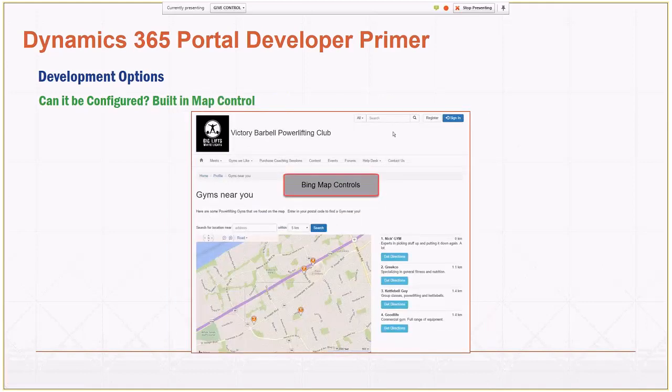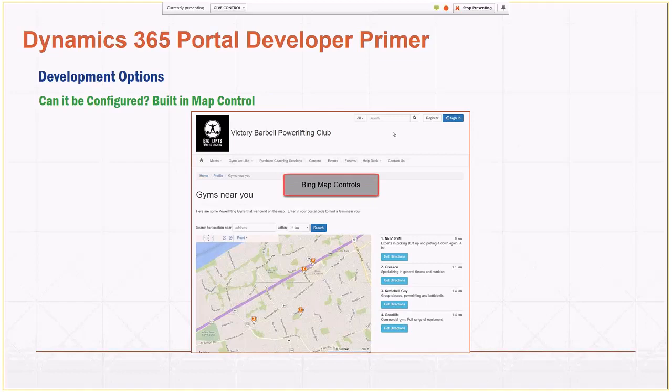That always being said too, even with the portal out of the box, there are some special controls as well. For instance, there's a built-in map control that utilizes either Bing Maps, Google, or I think there's another third provider that does mapping as well. These are the things where you maybe would consider building something from scratch before.